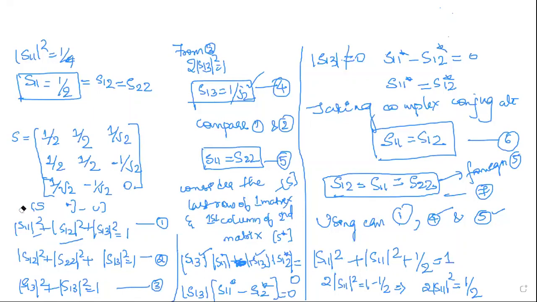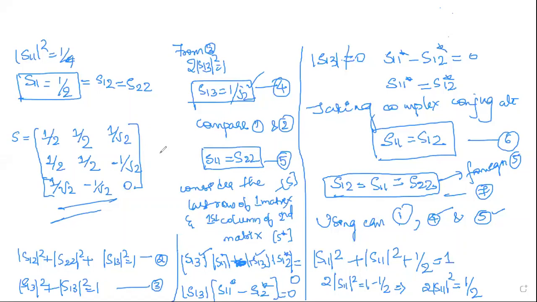Any confusion in solving the derivation? If you want, I can explain it once again. Is that okay? Yes, ma'am. So if they are asking you just for 4 marks in the exam, you can write directly what is E-plane, what are the characteristics, and you can just write one figure, that is enough. If they ask you for 8 or 10 or 12 marks, then you have to completely derive the equation for E-plane.